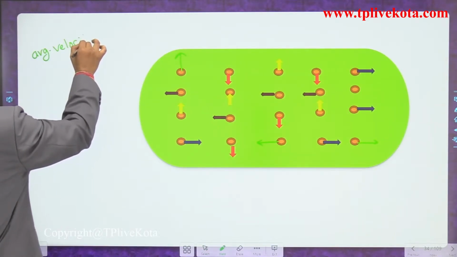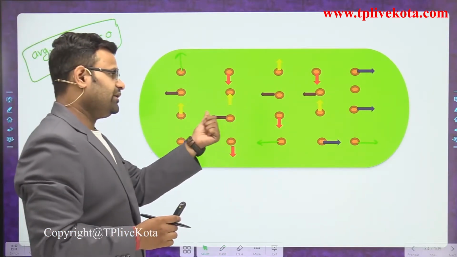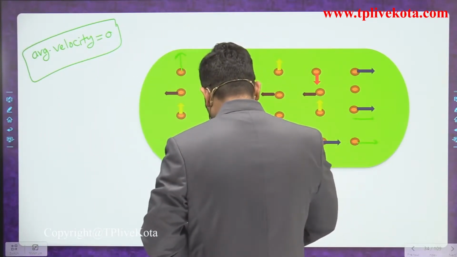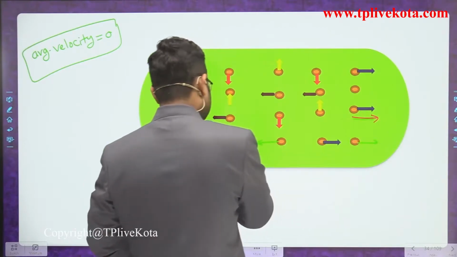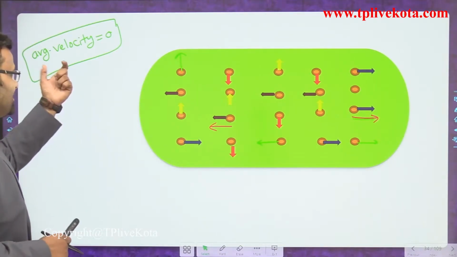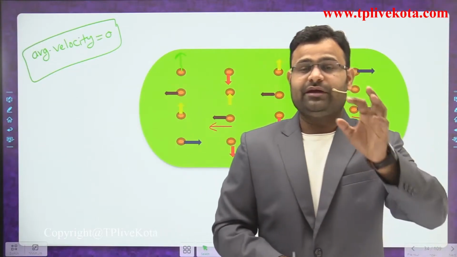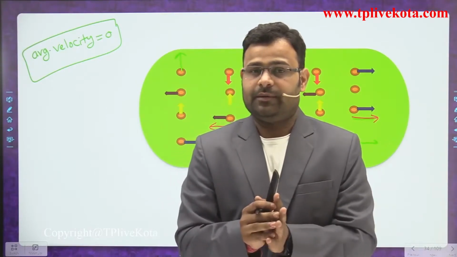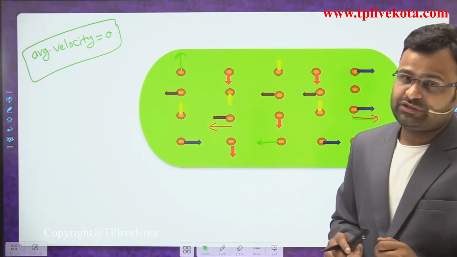In that random motion the average velocity is equal to 0. Let's suppose one electron is moving in that direction in the conductor. Due to the opposite direction, some electrons are moving in that direction and someone in the other direction. So all the effects cancel out each other, and for that reason the average velocity becomes 0. So every conductor material has free electrons, which is the required material for the flow of a current. But in a conductor the current is not flowing due to the random motion of charged particles.